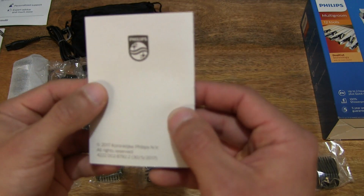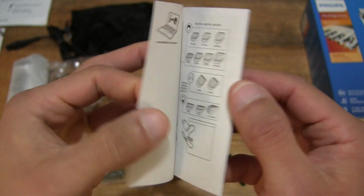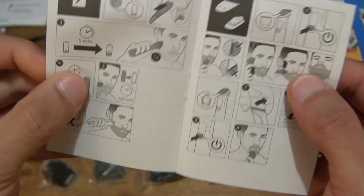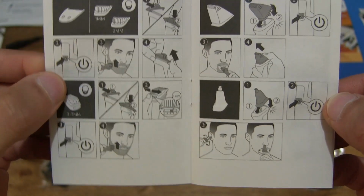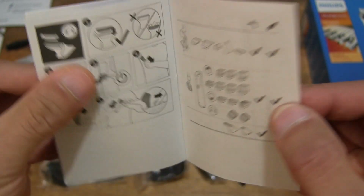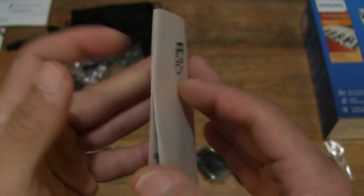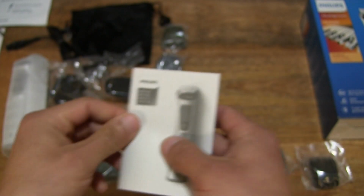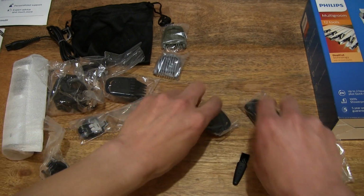And lastly, in terms of the papers or booklets, there is what appears to be a user manual for the Philips Multigroom Series 7000 12-in-1 face, hair and body trimmer. So just taking a quick look inside, it details the various ways in forms of diagrams on the various attachments or tools. So right there, that's the booklet for this Philips Multigroomer Series 7000 12-in-1 face, hair and body trimmer. Just going to set that down on the left hand side. I'm not going to cram it in because there's just too many parts here to show